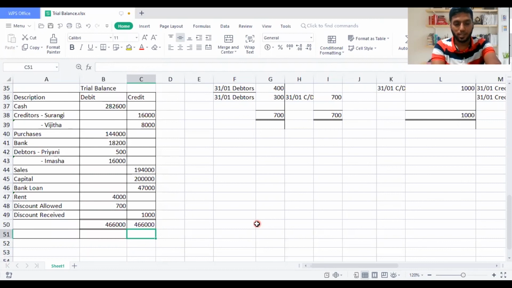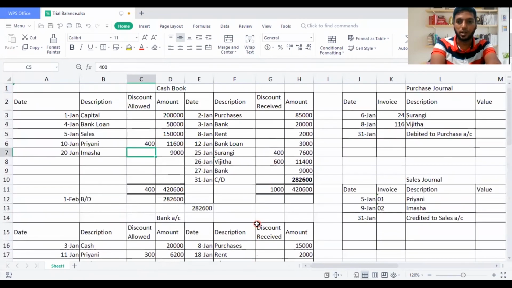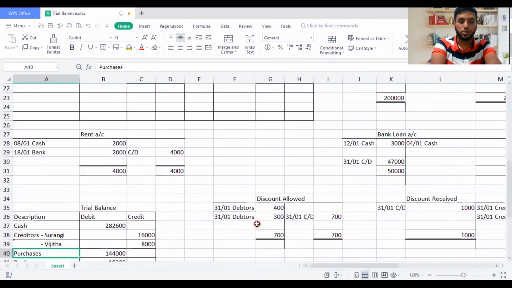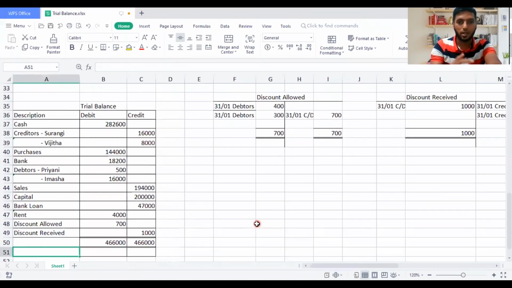And thanks for watching the entire thing to do the prime entry books recording properly. We started with cash book and then we recorded bank account, purchase journal, sales journal, ledger account transactions. Then we transferred these values into a trial balance. And this type of hard question cannot be tested on your papers. But they might ask you to do the ledger accounting and prepare trial balance, or they might ask you to prepare sales journal and record it under the ledger account, or they might ask you to do the cash book and record it under ledger account and prepare trial balance. These types of questions can be tested on your papers, but not everything in one question.